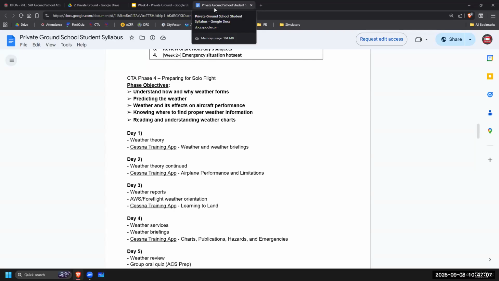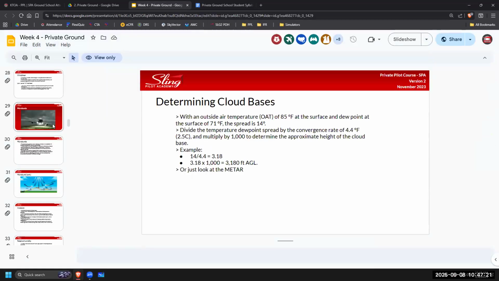Okay, first, what is a METAR? You don't have to tell me what the abbreviation stands for, because I can't even remember it. But what information is it telling you? Anyone? Airport weather, good. Airport weather when? For the hour, perfect. Technically, I believe they're supposed to update it every 55 minutes, but a METAR is airport weather for the hour.